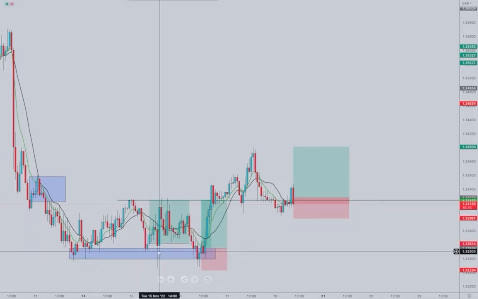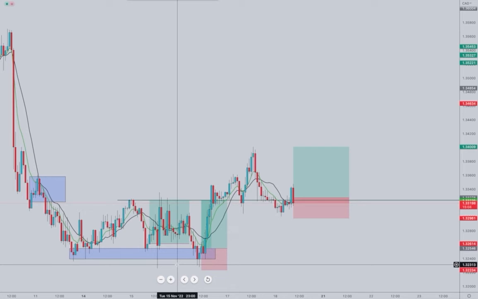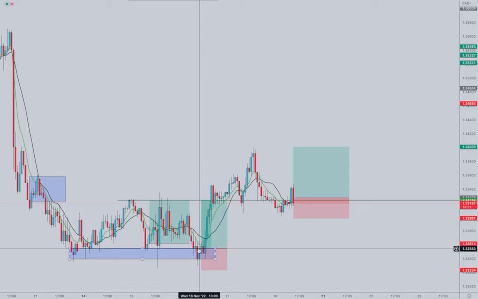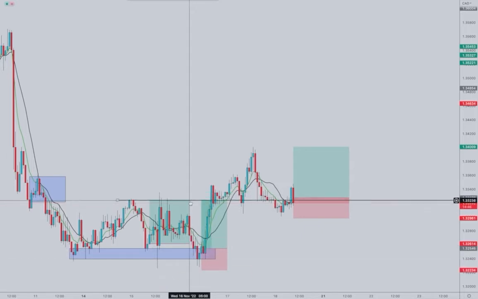I was stopped around this area, but then one big rejection again, and I was pretty confident we were getting a chance over here again. So I took this trade. Once we saw this rejection, another rejection, and the candle close, I entered around 1.3254 and placed my stops below, with my profit target over here.